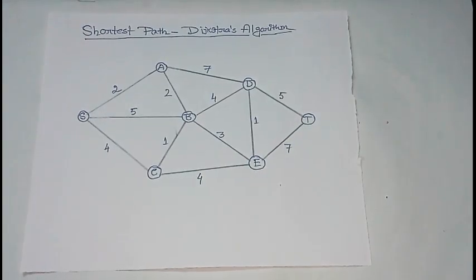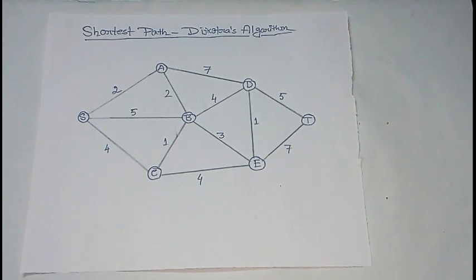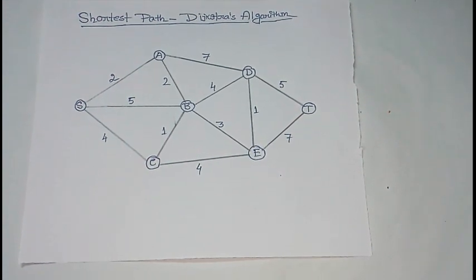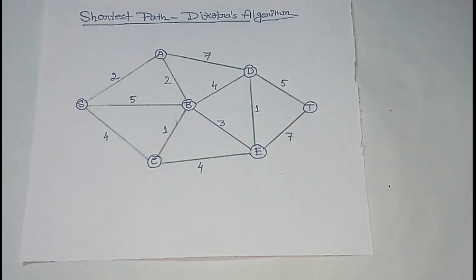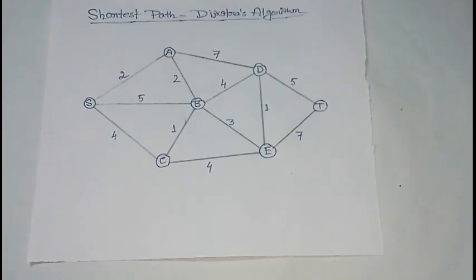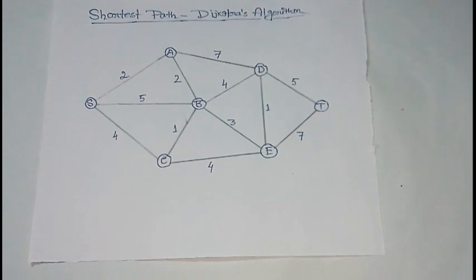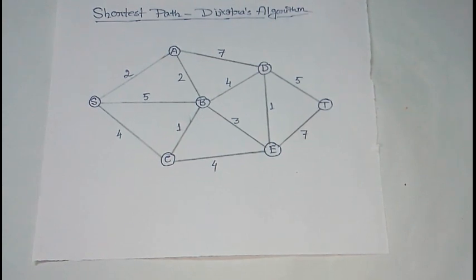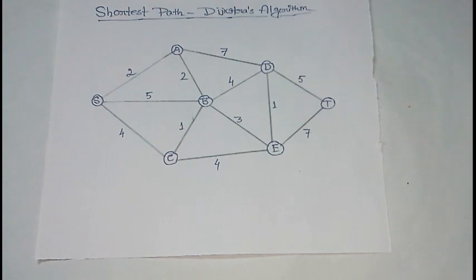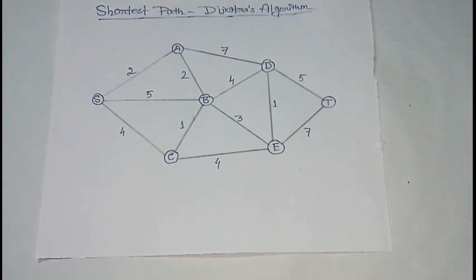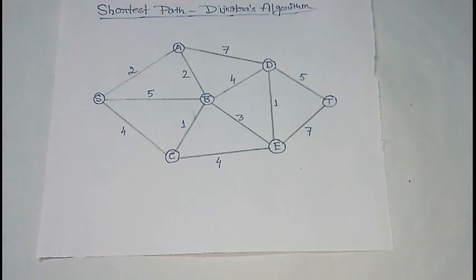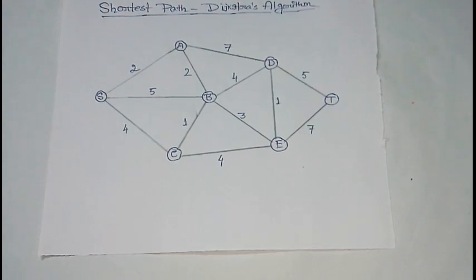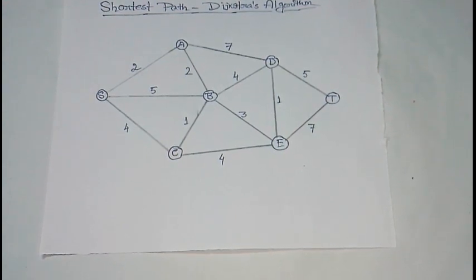In Dijkstra's algorithm, the shortest path and shortest distance can be found by constructing a table. But in this problem, we shall show that the shortest path can be found by Dijkstra's algorithm without constructing any table. In this algorithm, every vertex will be given a temporary label which is the distance of that vertex from the starting vertex S, and for different paths there will be different labels for every vertex. We shall compute the minimum of those labels, and that will be the permanent label of that vertex. That is the shortest distance of that vertex from the starting vertex.